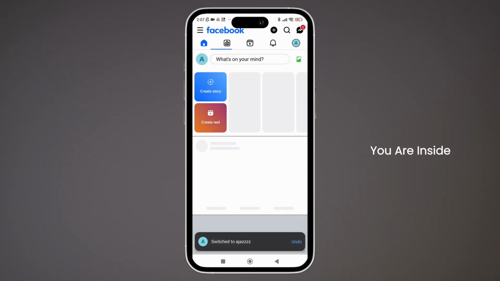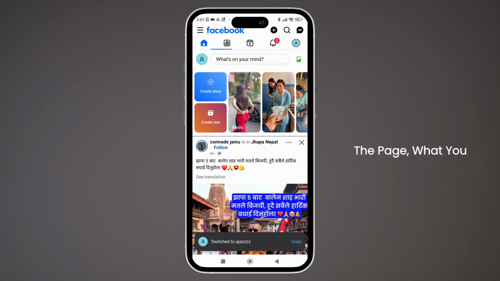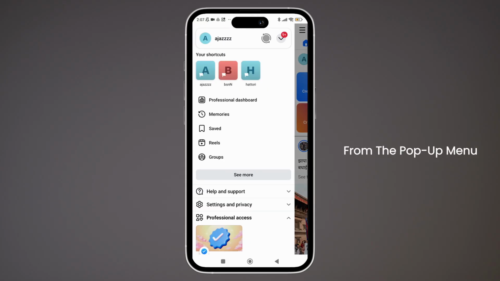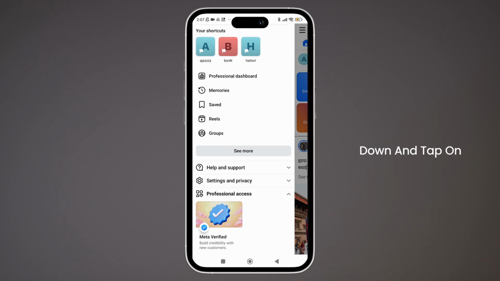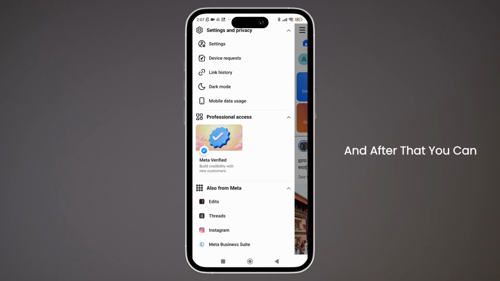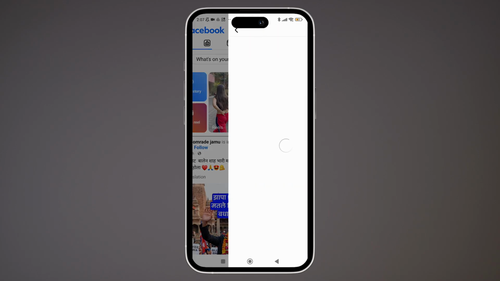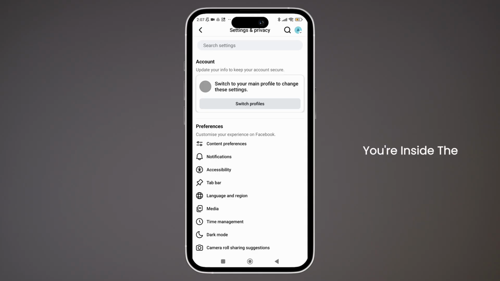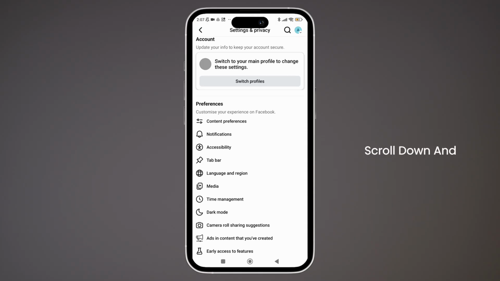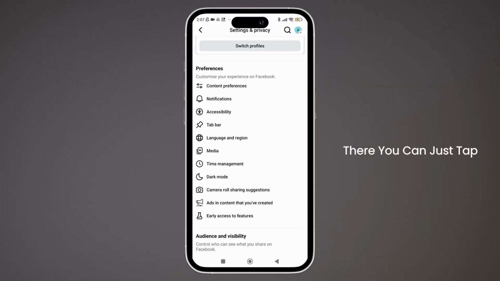Once you are inside the page, just tap on the three dash icon shown in the top left side of the screen. From the pop-up menu, simply scroll down and tap on settings and privacy. After that, tap on settings. Once you're inside the settings section, simply scroll down, and there you